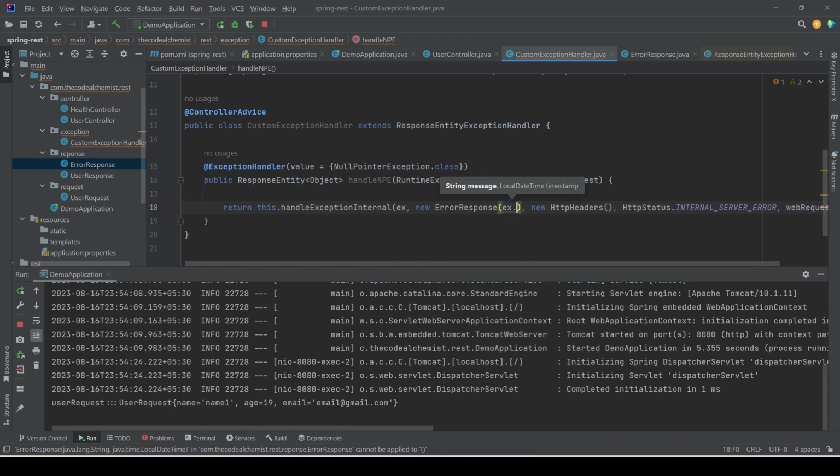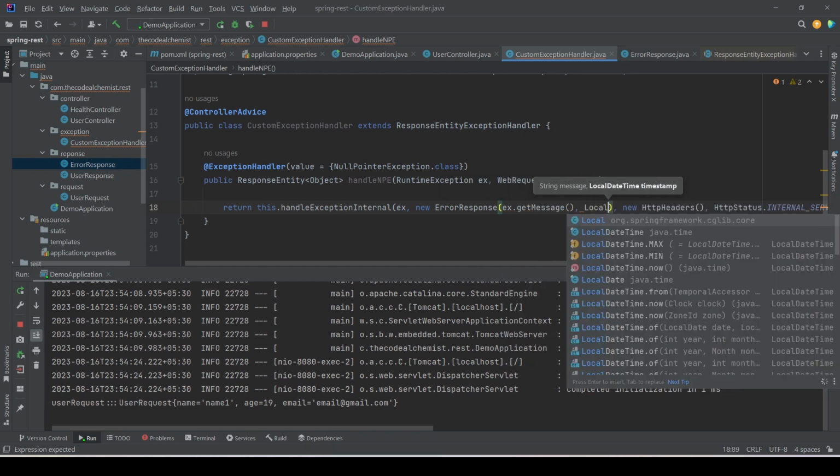So we can say exception.getMessage, and the second argument is the timestamp,